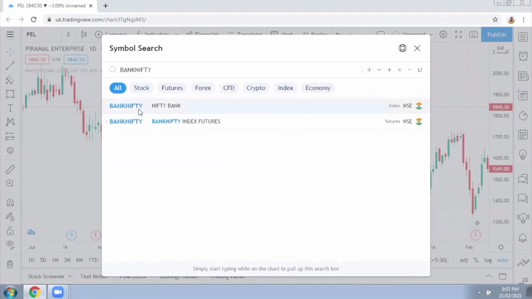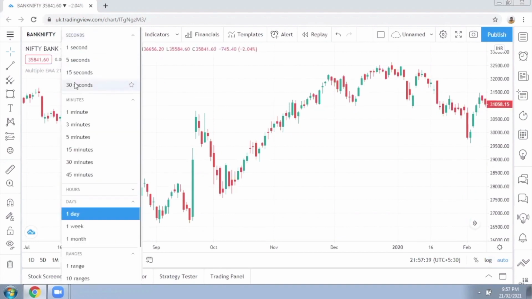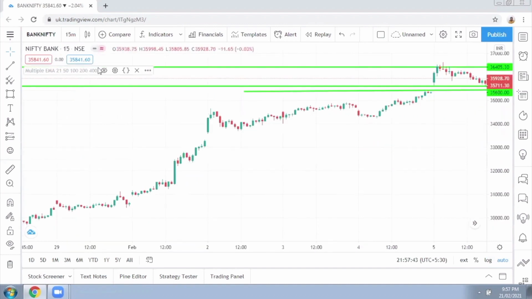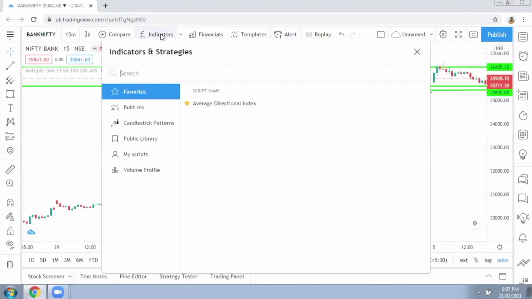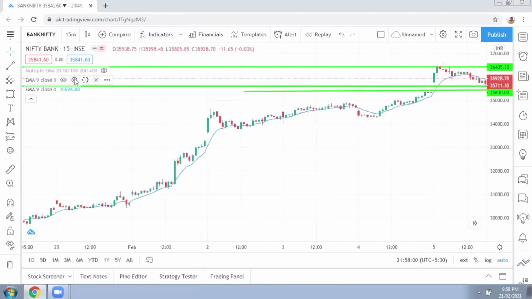This is particularly useful for intraday players and those who are trading in Bank Nifty. We can use this strategy on stocks also, but most of the time I use this on Bank Nifty. So here we use two moving averages. Like you can see, here I am applying the two moving averages from TradingView platform. Both are exponential ones. The first will be 21 period exponential moving average.